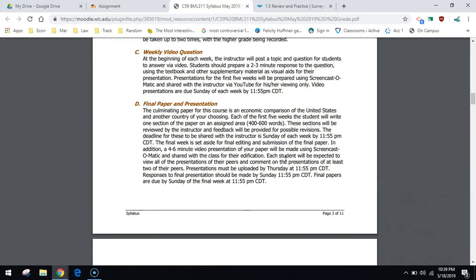There is a culminating paper then that is part of this course. It is an economic comparison between the United States and a country of your choosing. My hope is that between all the students in this class, we have no duplicates of countries. If it organically happens, I'll address it with the students and figure out what we want to do.